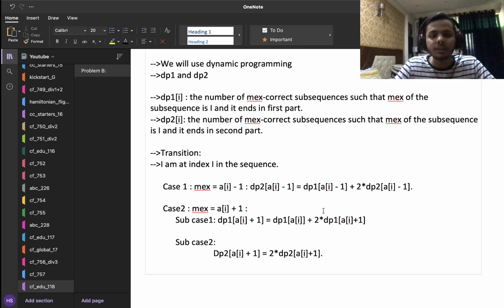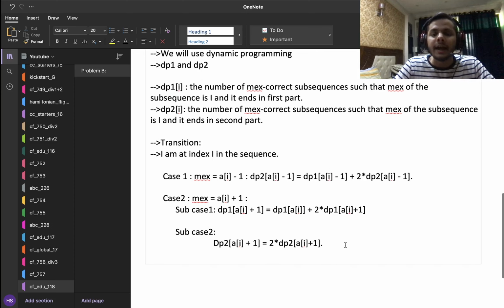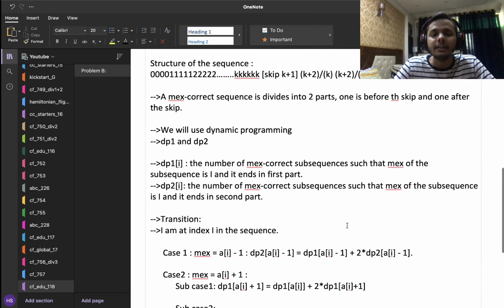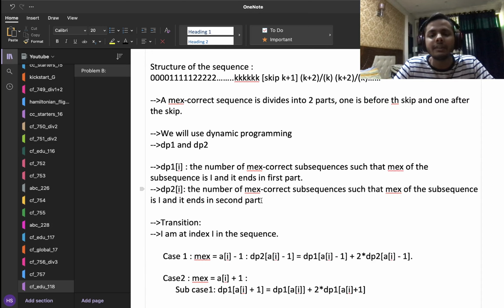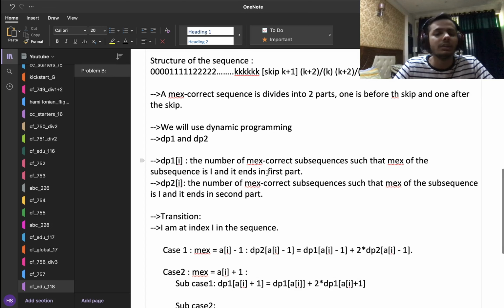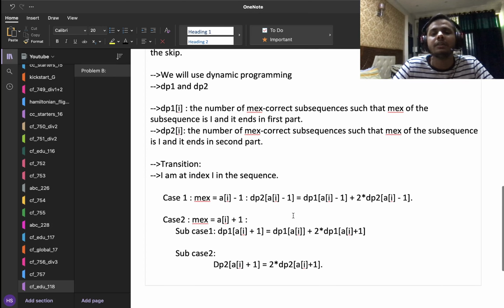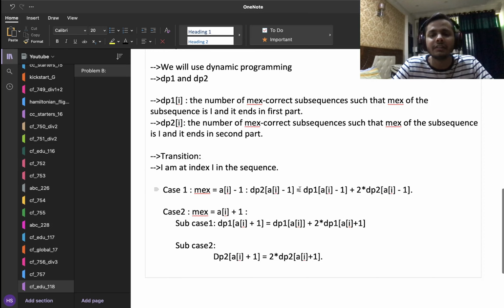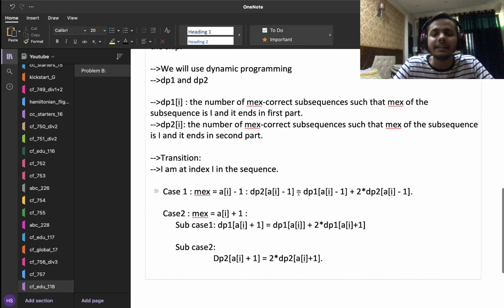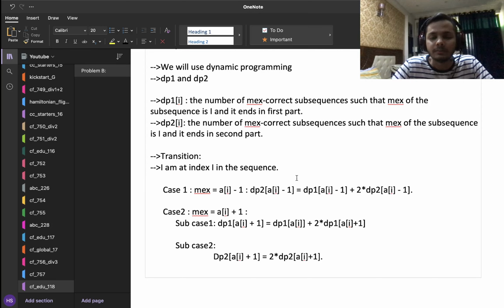So these are all the transitions that you need to do here. And this is basically it. If you do this, then you will get to the answer. The main thing is to try to understand what these dp states are representing. If you understand exactly what these states are representing, then coming up with these transitions is not difficult. I'm sure a lot of you will have trouble understanding how exactly these transitions are working, and I can guarantee you that if you understand what these dp states are representing, then these transitions are not that unnatural.